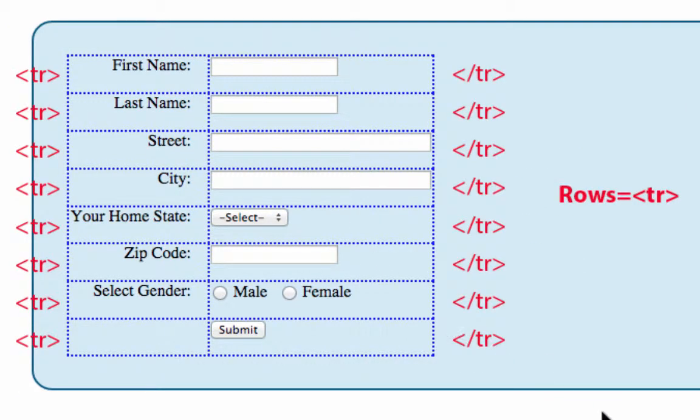The table will still be composed of rows, except I'll use TR tags. I have this shown with opening and closing TR tags just to demonstrate how they work, but there would be an opening TR and then a closing TR, and all the information inside there, including the label and the input text field, would be inside there. So rows are defined by TR elements,